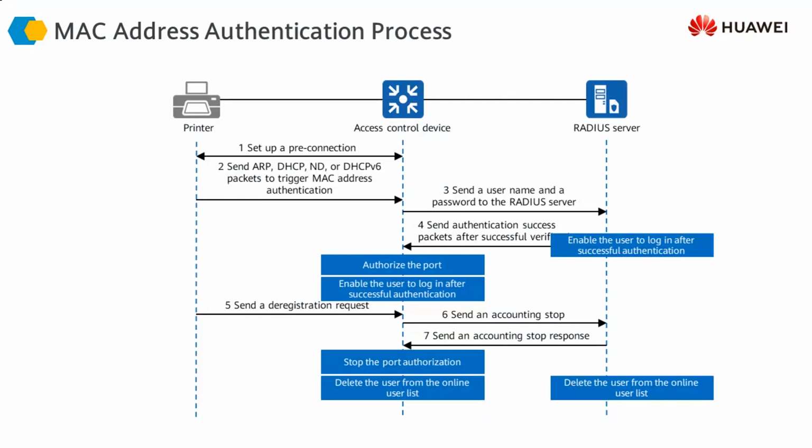And this is the detailed authentication process for MAC address authentication. We set up a pre-connection, then using that connection the terminal sends the DHCP or IPv6 neighbor discovery messages, or DHCPv6 messages. These messages are passed on to the Radius server, and if the MAC address is already configured and allowed on the Radius server, then authentication is successful, and the traffic will be allowed into the network,